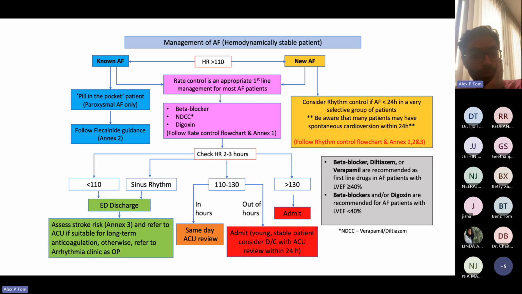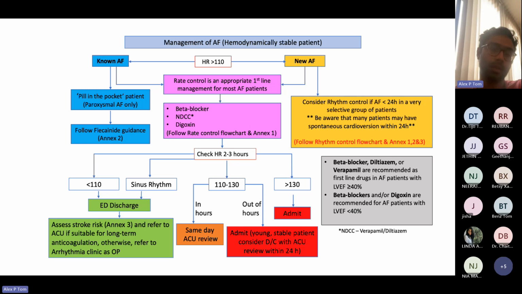Yeah, if it's more than 130, then you might have to admit the patient and then decide on the management. So what are the drugs that you use? You can use metoprolol, which is available as intravenous. You can give a slow 5 milligrams metoprolol first, and then 5 milligrams more after some time if needed. And the max dose of 10 to 15 milligrams of metoprolol can be used